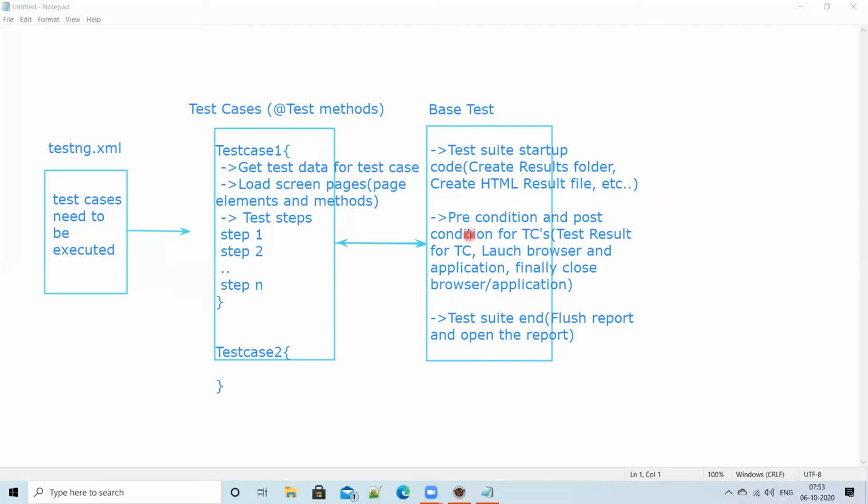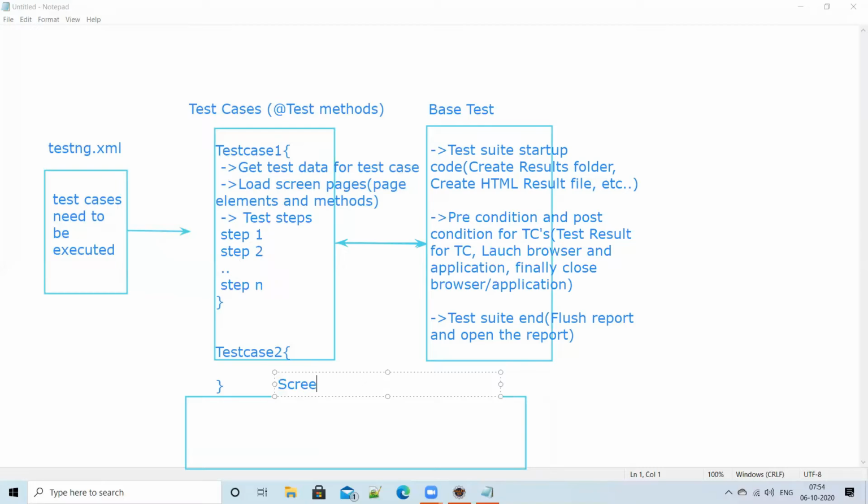And here, these test cases have connectivity. What connectivity do we have, guys? We have screen pages. Let me add that here.